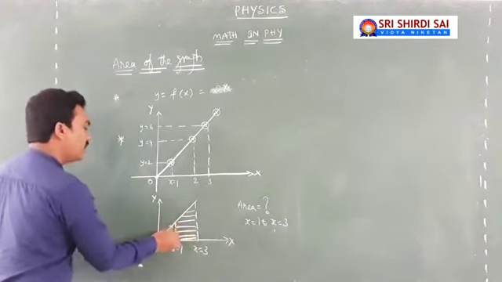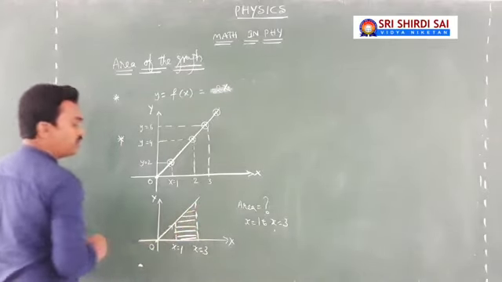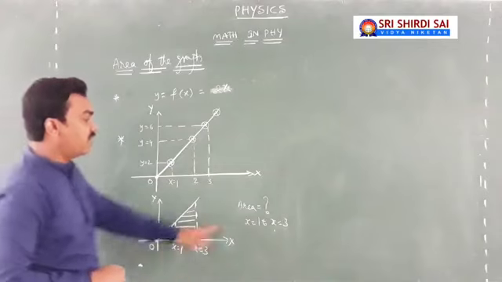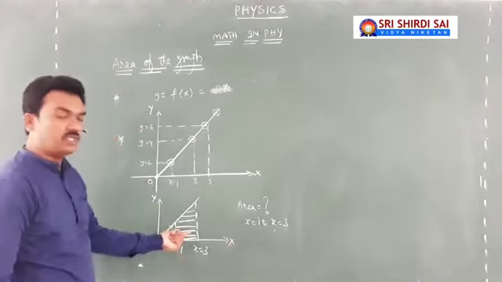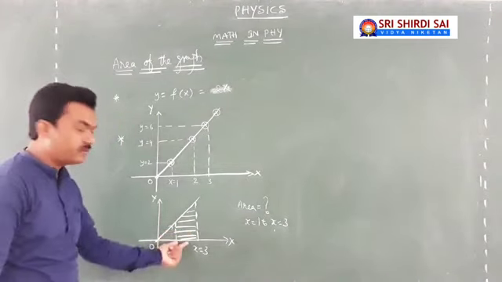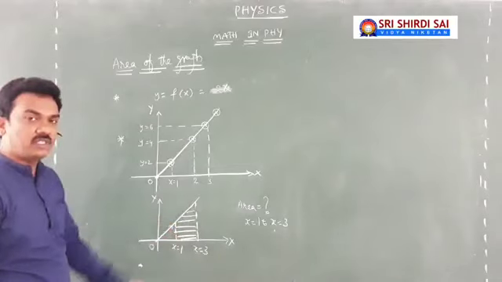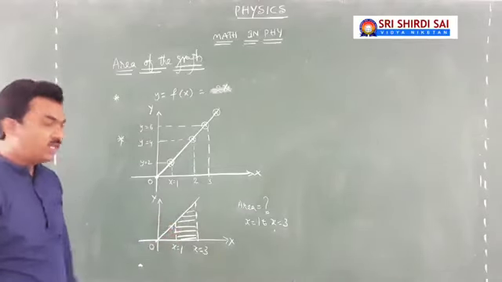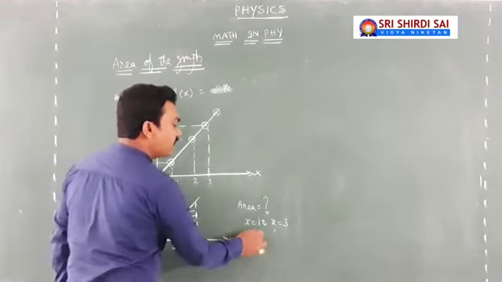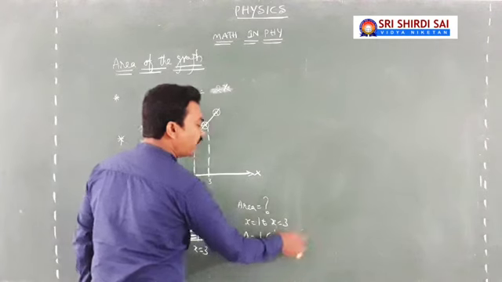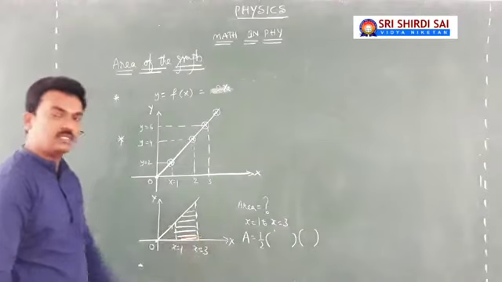Look at this. This is the meaning of area covered by the graph, what you should know. I wish to calculate the area covered by the graph from x equal to 1 to x equal to 3. This is what I wish to calculate. You are seeing a regular shape, which is a trapezium. The area of a trapezium is given by half into the sum of the parallel sides into the height of the trapezium, the perpendicular distance between the two parallel sides.